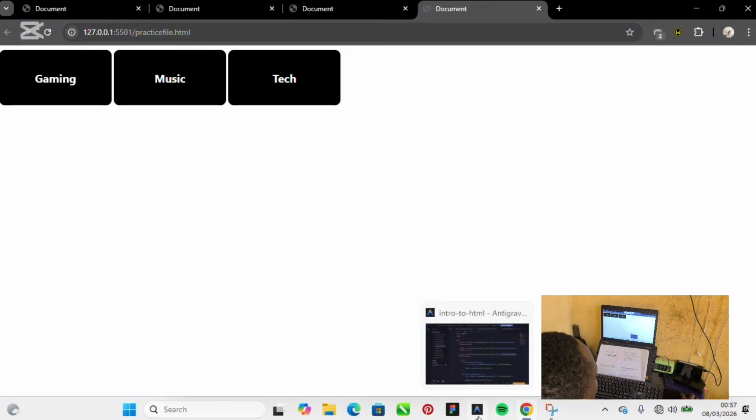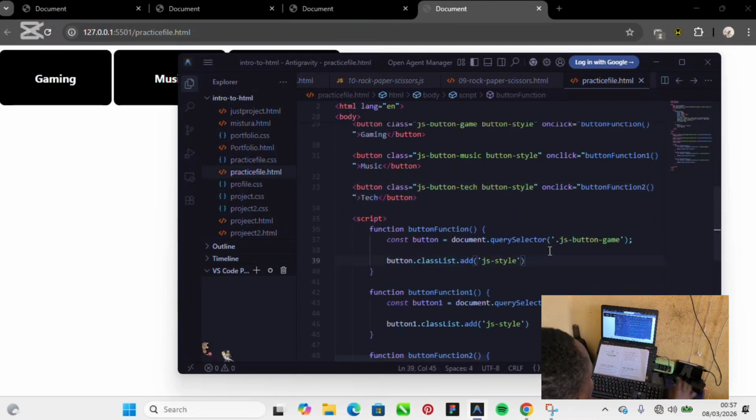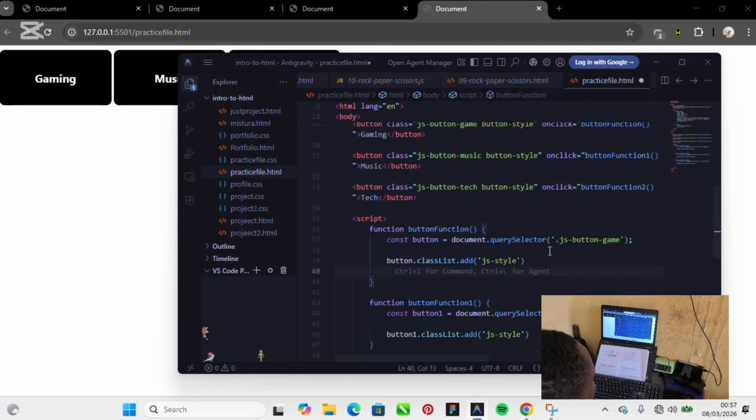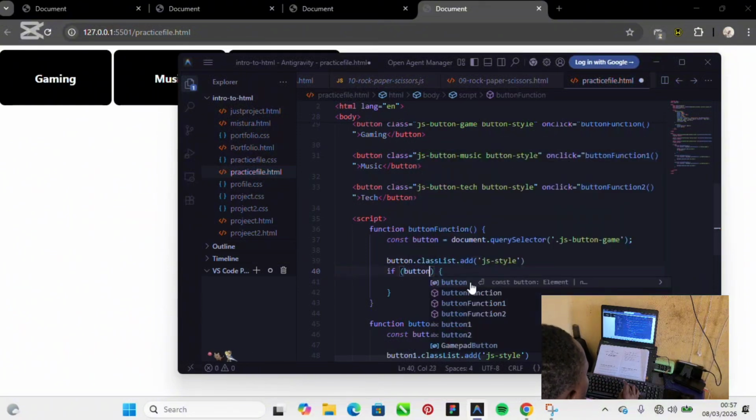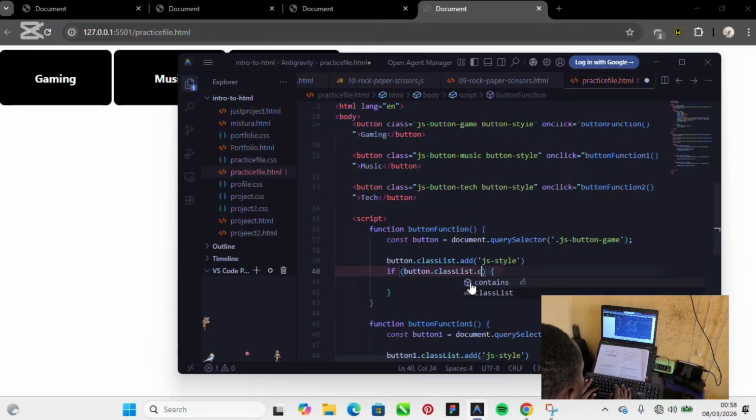Now let's go straight directly to what we are trying to achieve. Now this is what is going to happen. We are going to bring in the conditional statement, which is the if statement. This is how it's going to work. We have if, open bracket, curly bracket, if on the button 1. On the button 1, the first button here, we already have the style inside of it. So we are going to bring in the conditional statement that if button dot class list contains